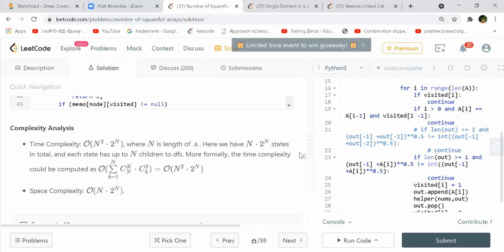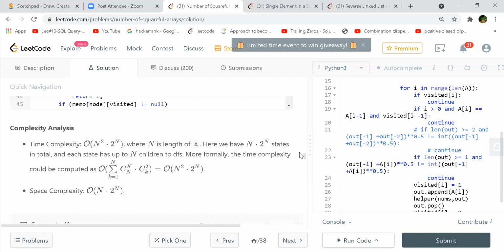So then in general you're saying it is n times 2 raised to n? Yeah, if you look at line number 30 and 31, that is where the DFS is happening. So DFS itself is 2 raised to n, but it is happening n times. Therefore n into 2 raised to n, that is what he's saying, correct?